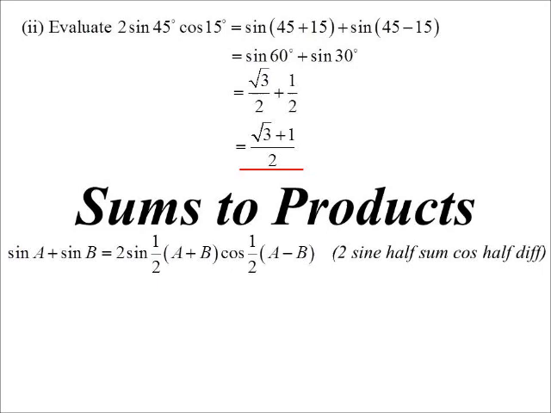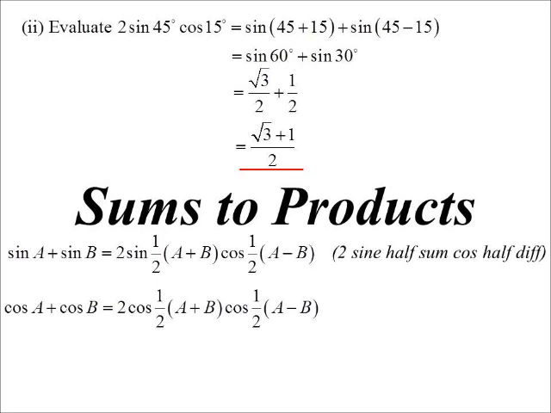Yeah? 2 sine half sum cos half diff. So the difference. Alright? 2 sine half sum cos half diff. Yeah. Now, the cosine one. Notice cosine, so that was sine plus sine. Cos plus cos is essentially exactly the